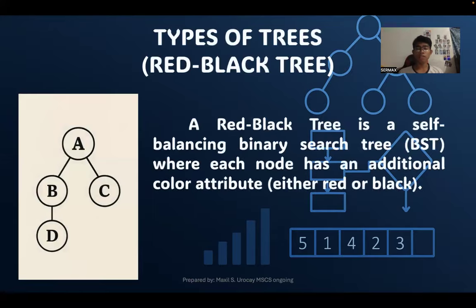This is actually a type of tree. A red-black tree is a self-balancing binary search tree under the binary search tree behavior that we're dealing with. As we have mentioned, we insert the larger value into the right side and the smaller value into the left side. A red-black tree is a self-balancing binary search tree where each node has an additional color attribute, either red or black. So we are trying to maintain